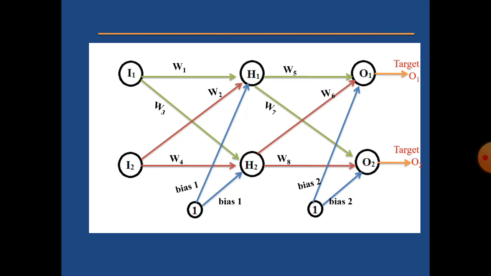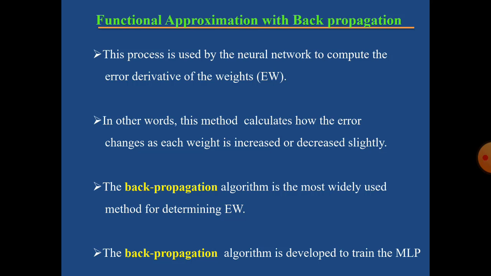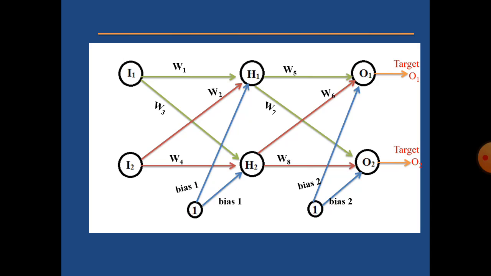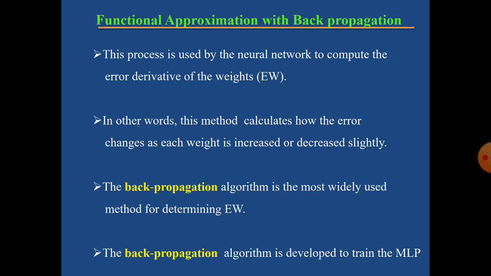First we calculate the difference between the actual output O1 and the target output O1. That difference is treated as the error. In order to reduce that error, we go back and update the weights. What the author is telling is, see the first and second points: what is the change in error when you increase the weight, and when you decrease the weight? That's what the author is telling.